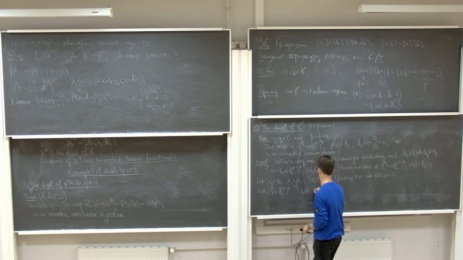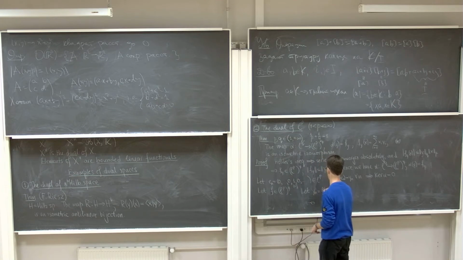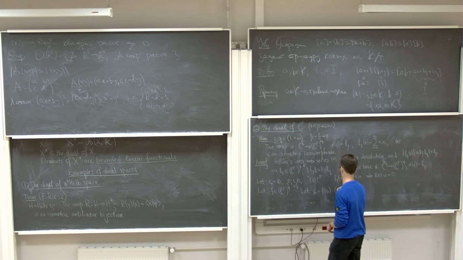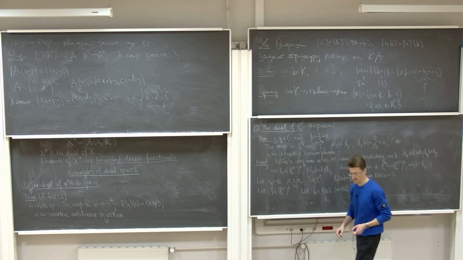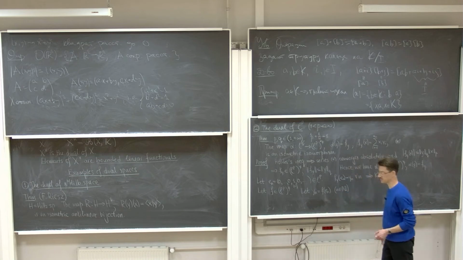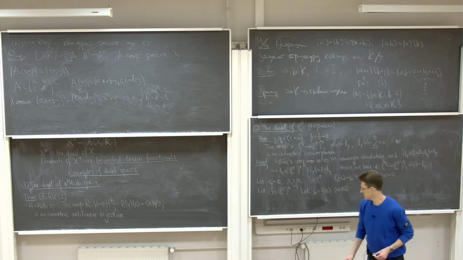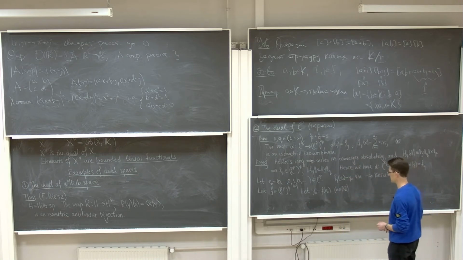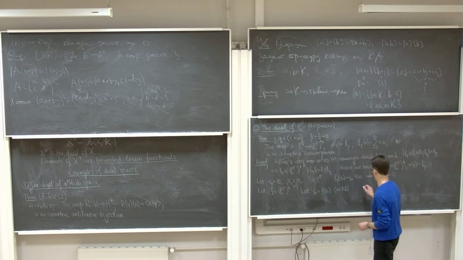Let y_n be f of e_n. Of course, it's not obvious at all that this sequence y_n is an element of l_q. Let's show that this is indeed the case. So we take any natural number, big N,